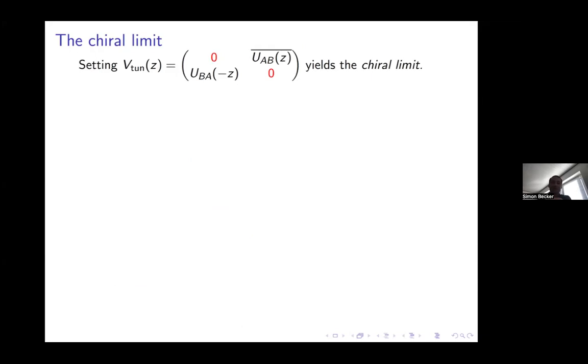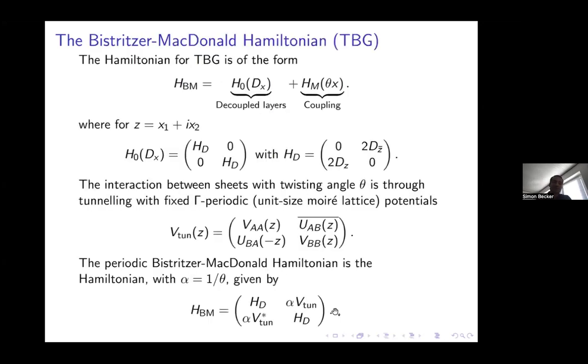So one particular limit of this Bistritzer-MacDonald Hamiltonian that you can look at, and in some sense the only one where we were able to make mathematical progress on the theory, because the results we have for the Bistritzer-MacDonald Hamiltonian build up on results for this particular limit, is the so-called chiral limit. Okay, so the chiral limit says, you have these AA regions, these BB regions, where you perfectly align,